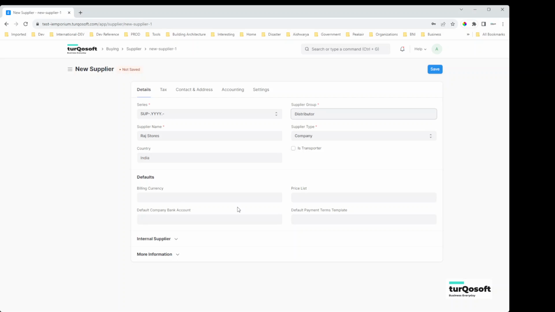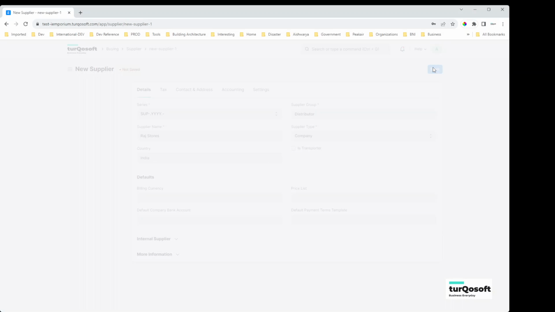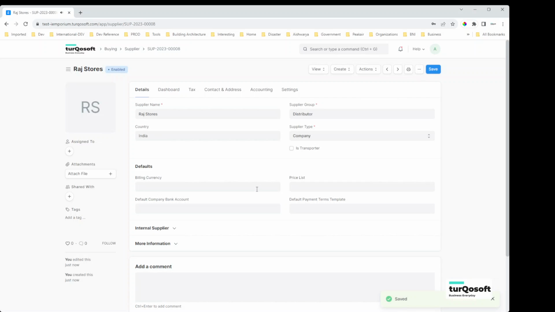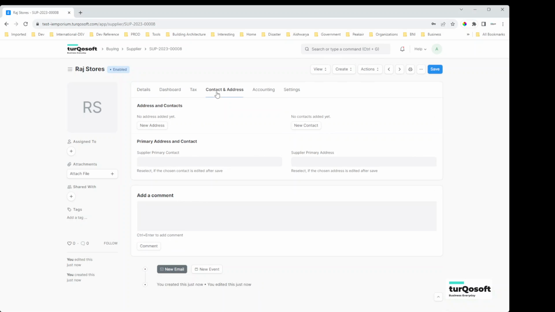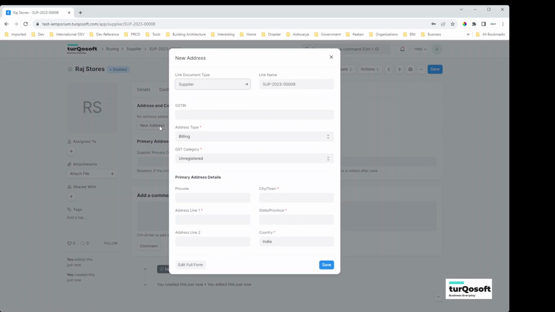So billing currency, since I'm doing in India, the billing currency can be default. So I'm not going to change it. So I just save the supplier. So the most important thing is to give a contact address for this customer. So I go into the contact and address tab, click new address,